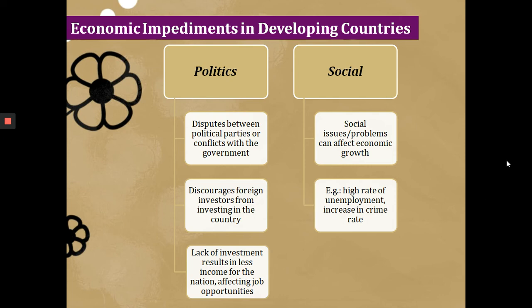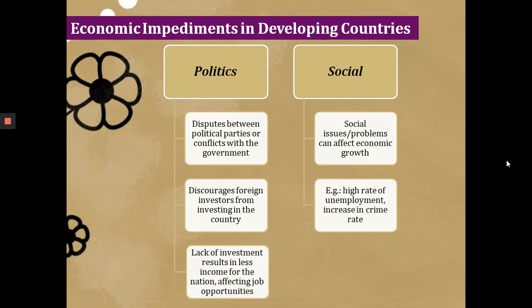Okay, discourage the foreign investors from investing in the country. So dia bilang bila ada kita panggil sebagai pergolakan politics, so definitely it will discourage the foreign investor from investing. So maksudnya bila ada konflik dalam parti ni ataupun political instability, political instability ni sebenarnya dia akan lead untuk banyak benda. Okay, contohnya macam foreign investors ni unwilling to invest sebab diorang rasa macam kalau politik satu negara tu tidak stabil kan, kebanyakannya benda lain pun tidak stabil sebab dia punya leader sendiri bergaduh. Jadi so that is why they refuse to invest in our country.